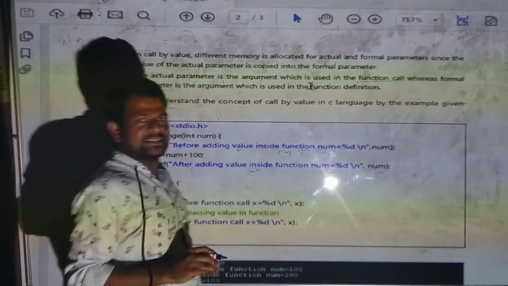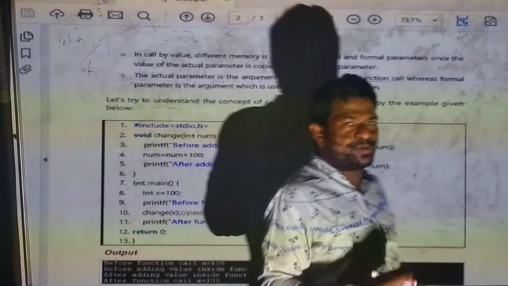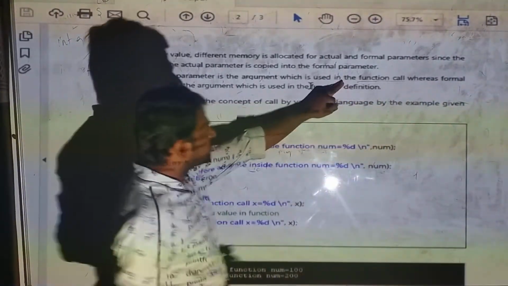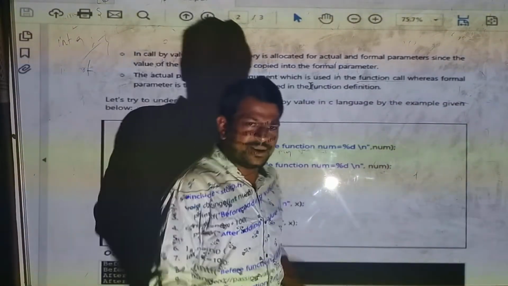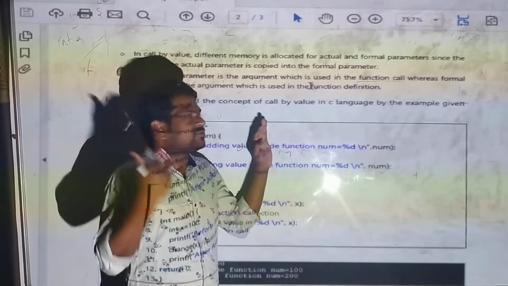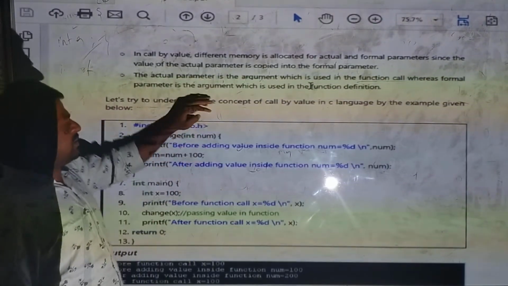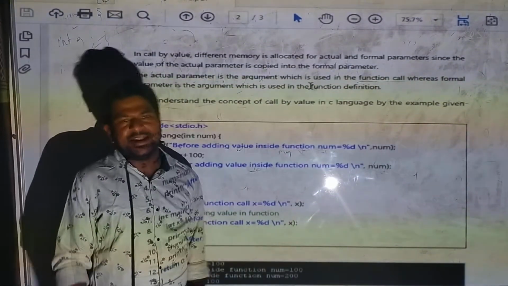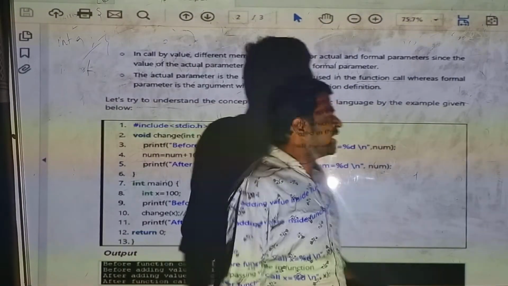When we are calling a function, the arguments we use are what is called the function call. Whereas formal parameters are the variables we declare at the time of defining a function. It is the argument which is used in the function definition. When we are defining a function, we give the variables, right?